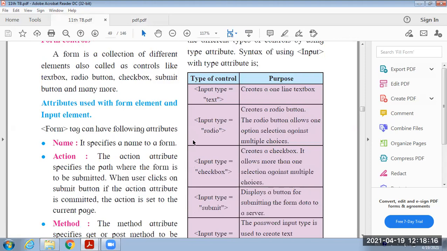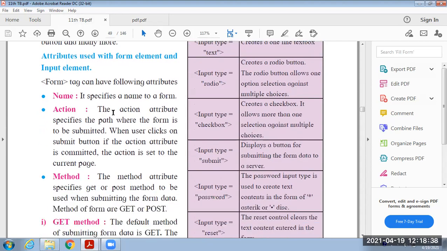Attributes used with the form elements and input elements. Here, while designing the form and different controls on the form, we have to use different attributes for the form, as well as different input elements also. First of all, let us go for the form attributes. After specifying the form, we have to provide its attributes: name, action, and method.